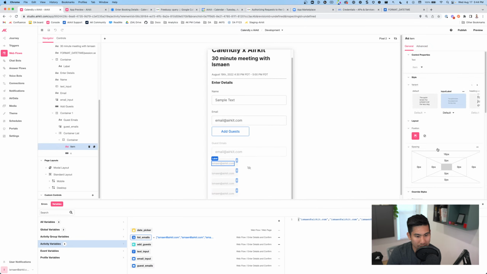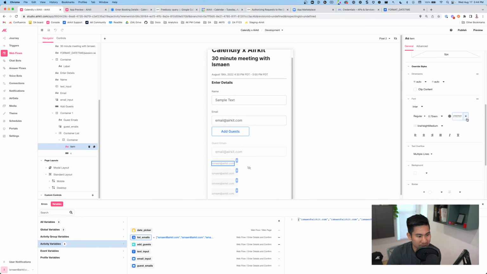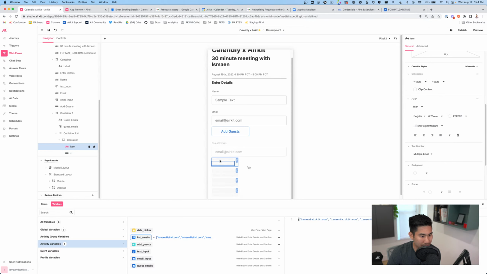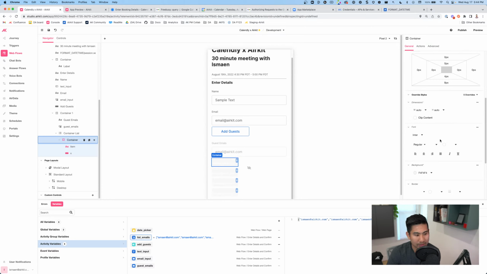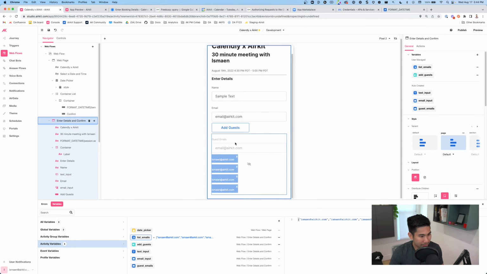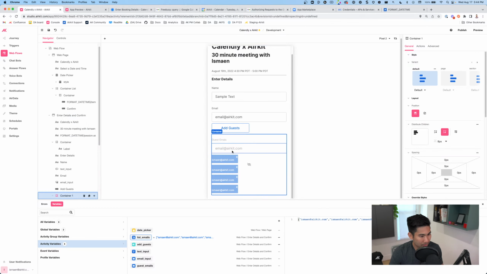Sweet. Let's just change the style of this a little bit. Let's make this white, and we'll make the background of this blue here. Because then when you click on this button, it'll actually look like I can remove it. All right, so that's